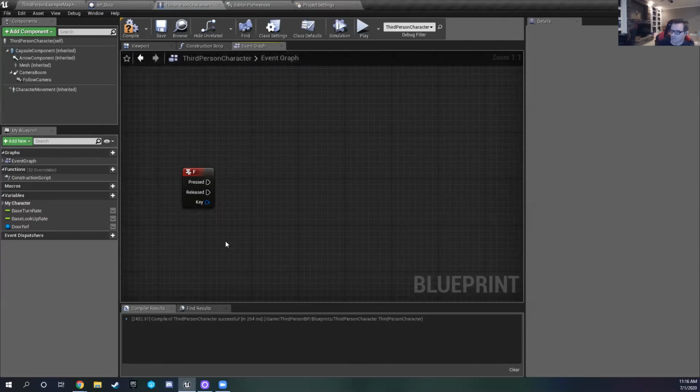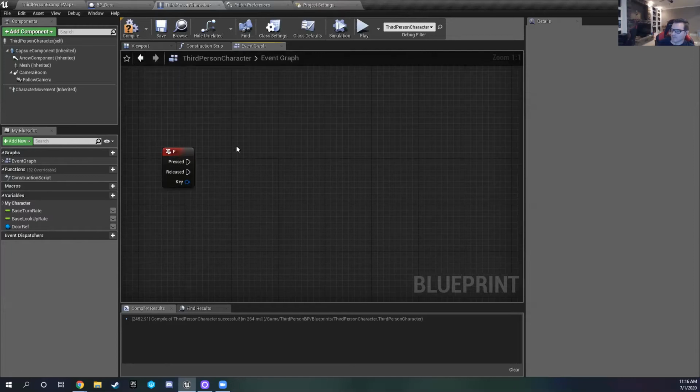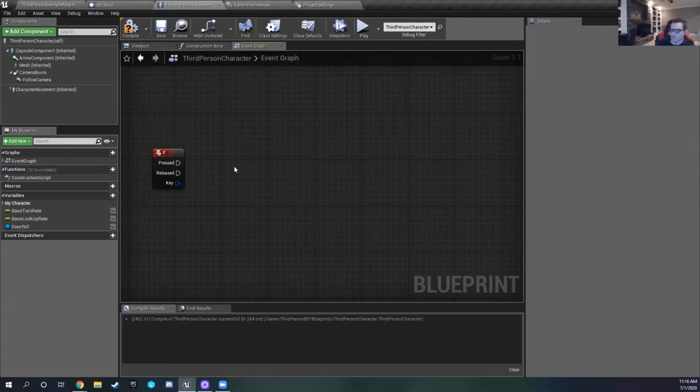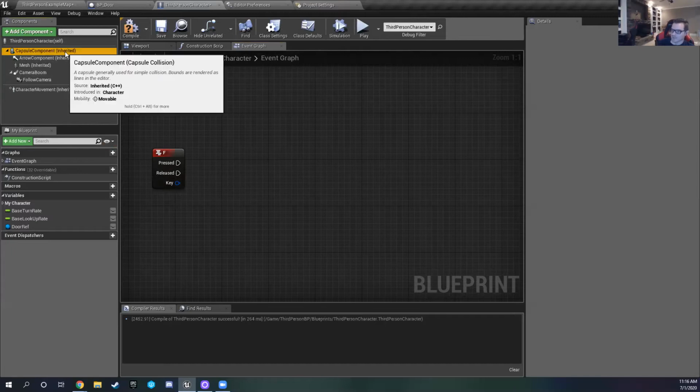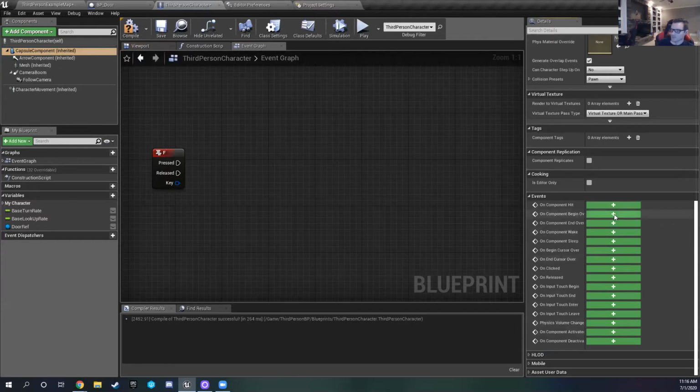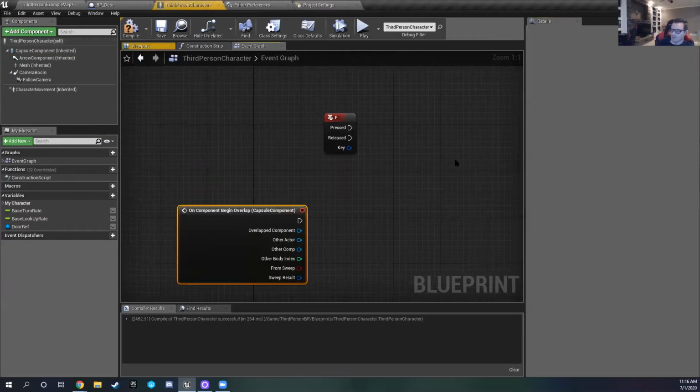So what we want to do is somehow get the reference to that door and then call that custom event that we created to open it. There's a couple different ways that you could do this. You could use something like get all actors of class and then target that specific door. But what I want to do is instead get that exact reference, which we can do similar to the way we did it the other week with the collision,